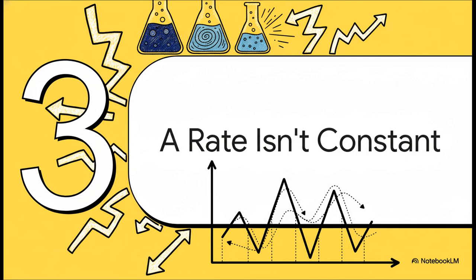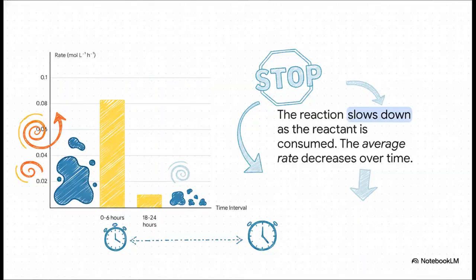You might assume that a reaction just plows ahead at one steady speed, but that's not what happens at all. The rate actually changes as the reaction goes on. Just look at this. In those first 6 hours, the rate of decomposition was about 0.083. Pretty fast. But then look at the last 6 hours of the experiment. The rate has dropped all the way down to 0.010. So the reaction blasts off really fast and then it slows way down over time as those reactants get used